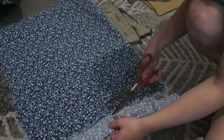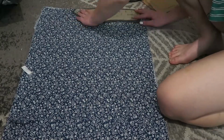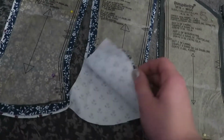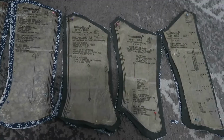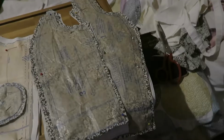So all of this is my scrap fabric that I have been trying to use for years, and so I just decided to use it in this scenario because I thought it best. And so basically for the underbust corset I had a mix of grey and white fabric on one side and blue flowery fabric for the other side. I tried to make this one reversible, but basically